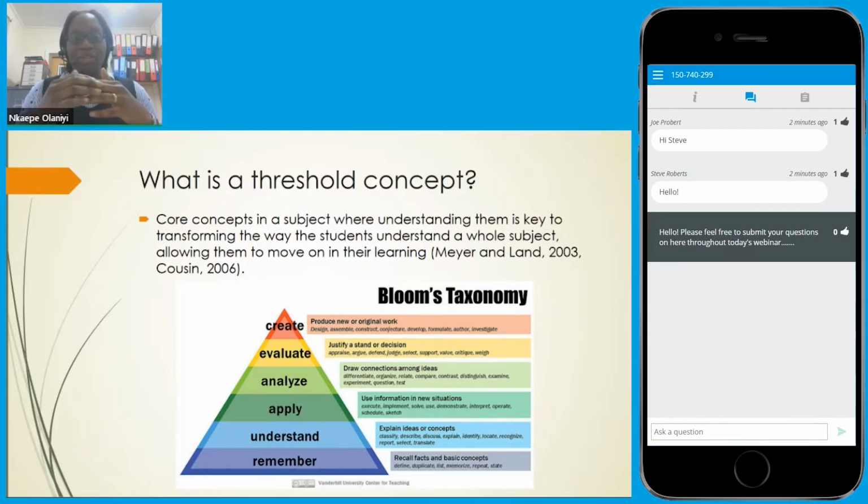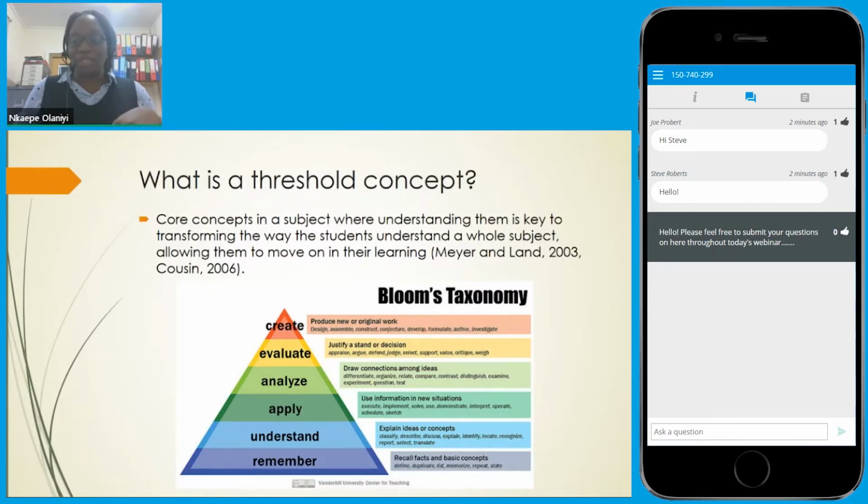But it's really the way to get them beyond just, as you see, I've put on Bloom's taxonomy there. So you want to get them beyond just remembering or memorizing and just understanding. Especially in HE, we're really keen to get to the higher echelons of learning, which involve analyzing the concept, evaluating it, and being able to create new ideas with it. So overcoming a threshold concept, especially in HE, is very, very key.